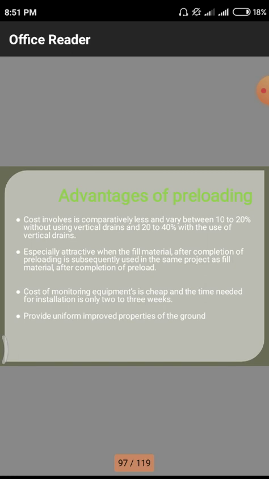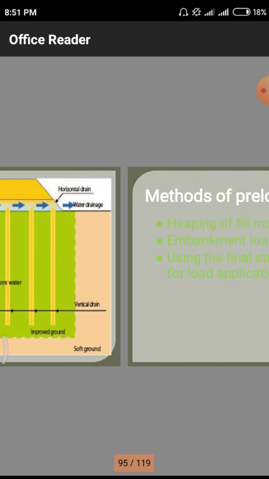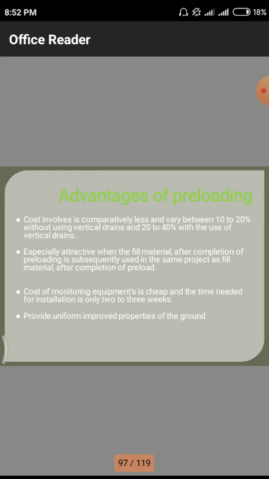The saving is 10 to 20% without using vertical drains, and 20 to 40% with the use of vertical drains. That means the cheapness varies between 10 to 20% without using vertical drains. Once again, I will show this picture. We have a total of 3 plus 7 vertical drains employed in this structure. This is only the cross section. If we have n number of layers, we need to multiply this 7 with n, so we have 7 into n vertical drains for a particular section, so we have to employ different vertical drains in the fields.